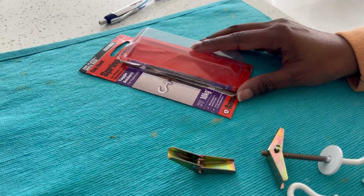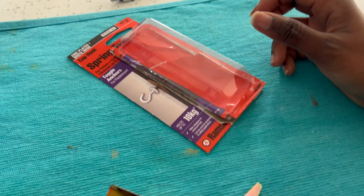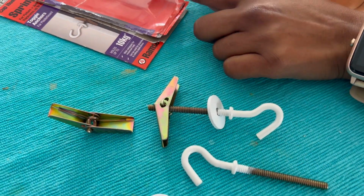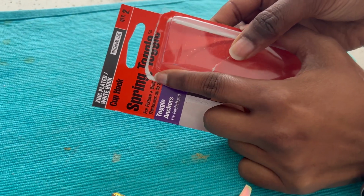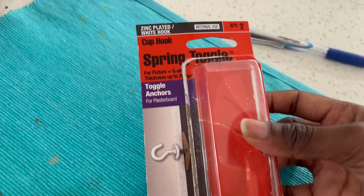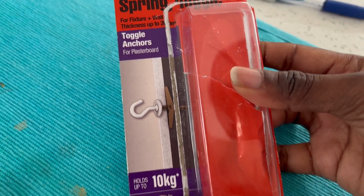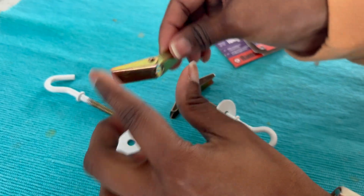I'm gonna do some hanging plants. So before that, to hang the plants, we need a hook. So we went to our gardening store, that is Bunnings in Australia, and we bought a spring toggle. This comes 2 in a pack and is able to handle 10 kilograms. So this is what it comes with: a hook, a washer,